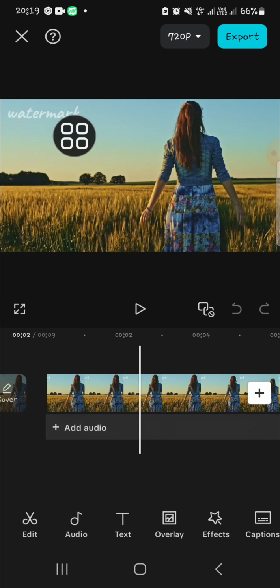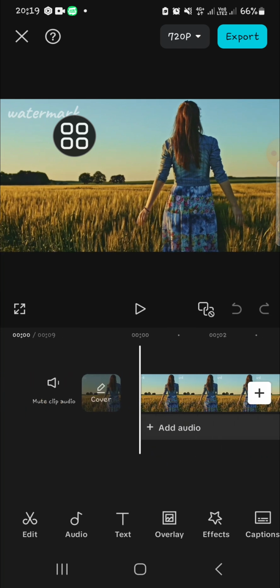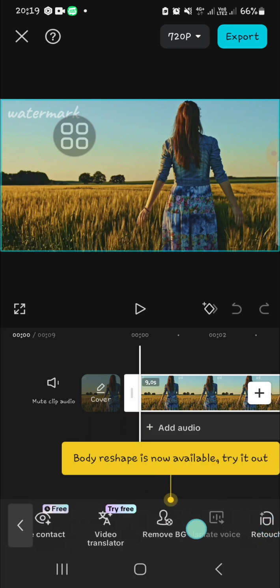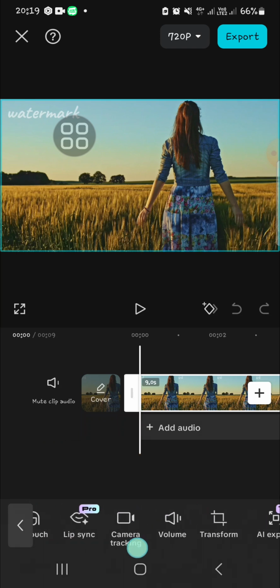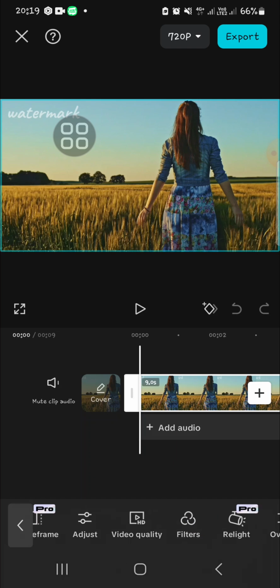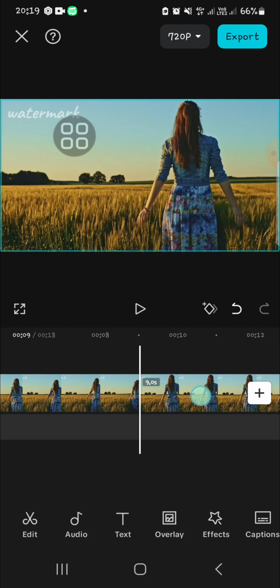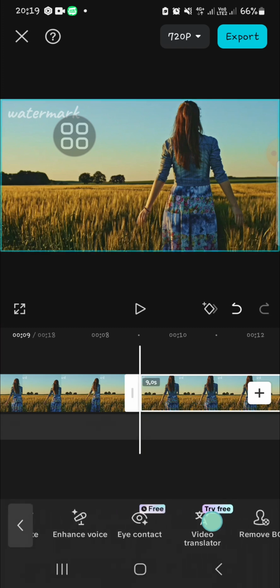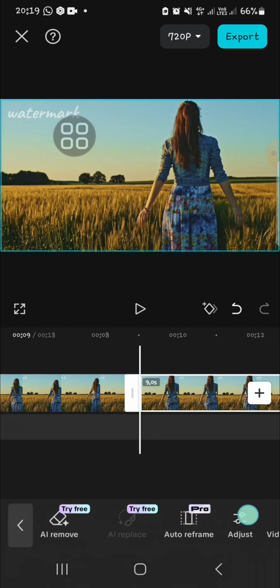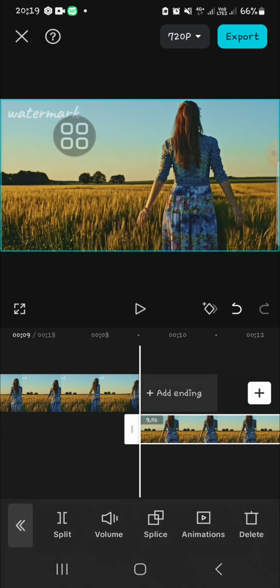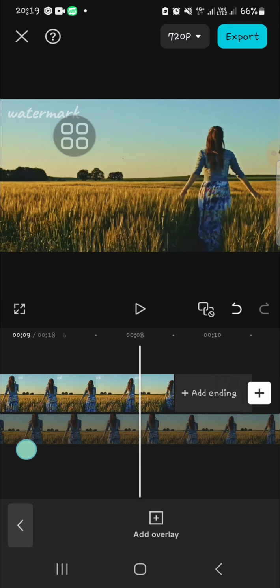And to remove watermark, we need to duplicate our video. Tap on your video, and then you can scroll all the way to the right until you find the duplicate option. This one. Okay, and we're going to make it as an overlay, so we're going to click on overlay. Scroll all the way to the right until you find this option, and then we're going to make it align